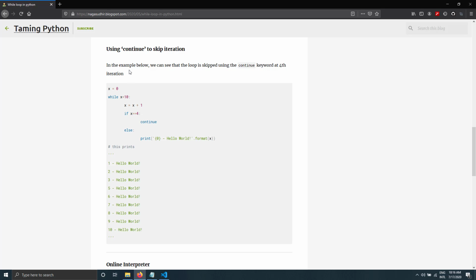Now let's talk about a next keyword called continue, through which you can skip an iteration and continue with the next iteration. You can see the example here. Here what I am doing is when x equal to 4 I am saying continue. That means the code block below this continue statement will be skipped for only this iteration. So what you can see in the output is till x equal to 3 you got it printed hello world, but when x equal to 4 I just executed continue. That means this will be skipped and next iteration will be continuing. That's why you got next number as 5. The 4th iteration was skipped.